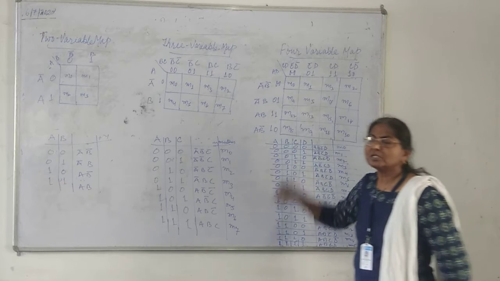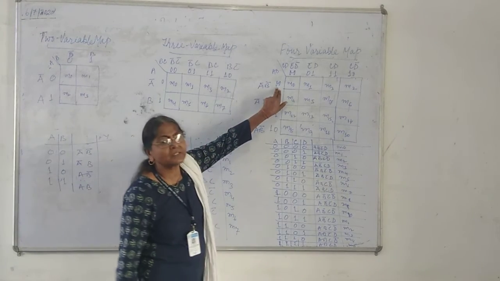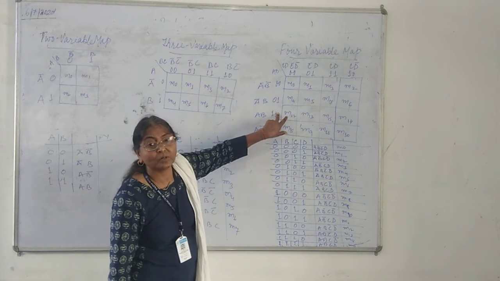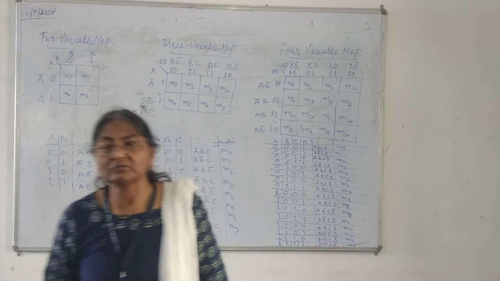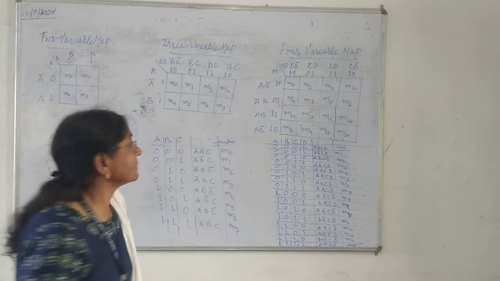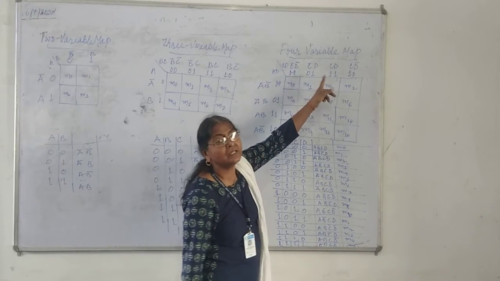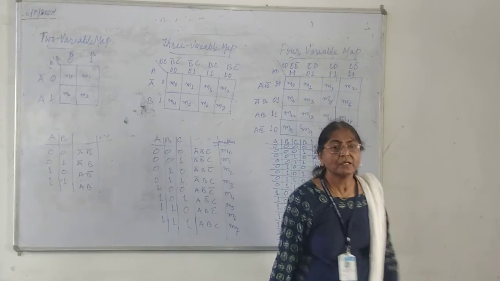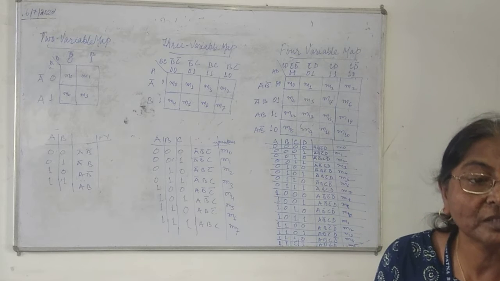But if you are using simple binary code, then what will happen? For 0, 0 it will remain the same, for 1 it will remain the same, but for 2 you have to write 1, 0. It means you have to change both bits: 0 will change to 1 and 1 will change to 0. In gray code we don't have to do this. Here I have again given values to CD: C bar D bar, C bar D, CD and CD bar. Always remember to use gray code while doing addressing on the map.